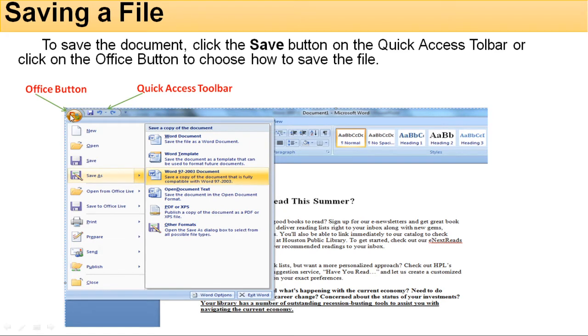See, this one is the Office button, and this is the Quick Access toolbar. When we click on save, it shows where you want to save, whether you want to save as a Word document or as a Word template. Like this, a number of options are there.